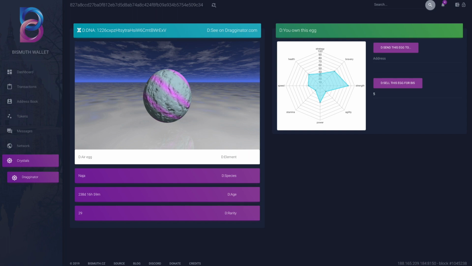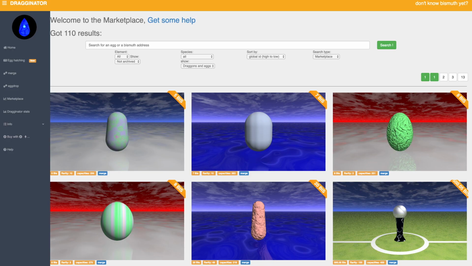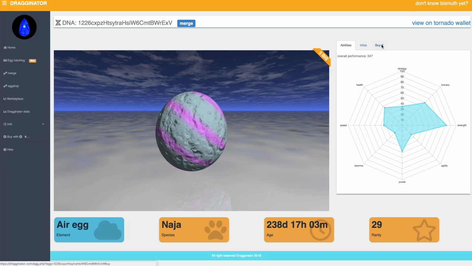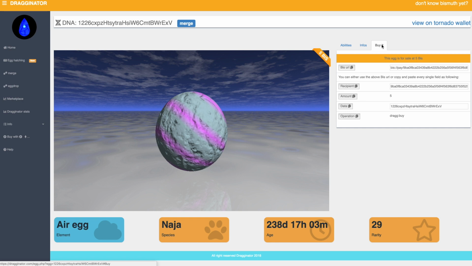It will take a while, but I should see it. And it is already in the blockchain. Well, this was really fast. Now you see that you are able to buy it for 5 BIS, and you could also copy just the BIS URL and put it